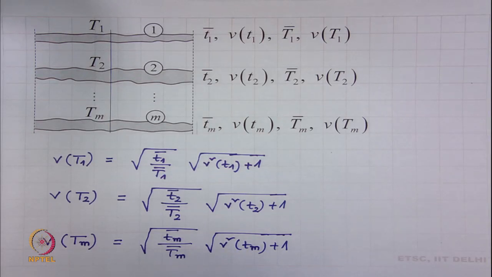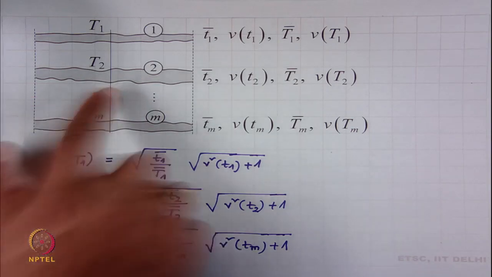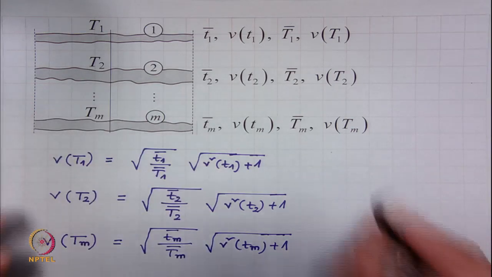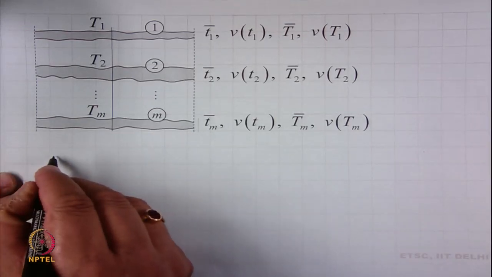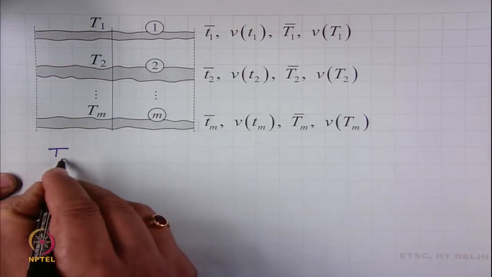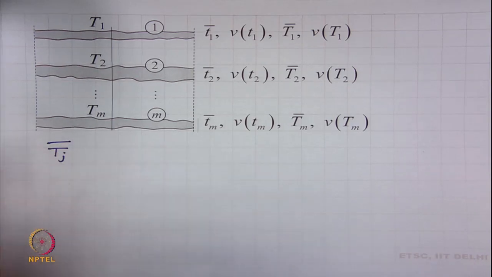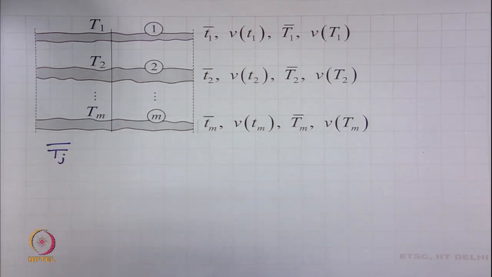We can now consider one particular sliver, say the jth sliver. What will be the mean value? Mean sliver fineness is this,